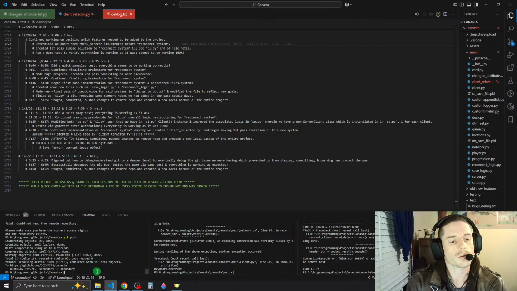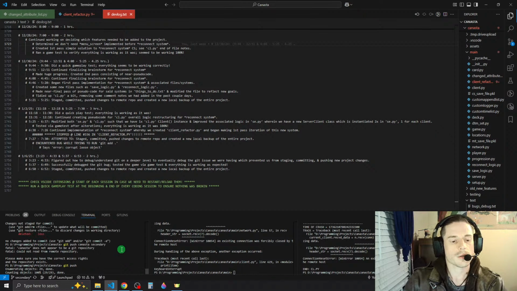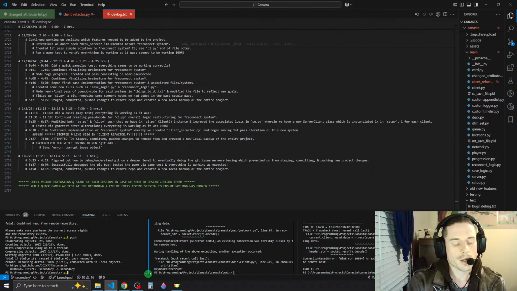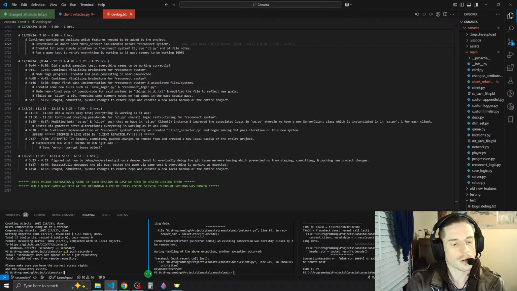It said that git push Canasta does not appear to be a Git repository. Git push secondary. Secondary does not appear to be Git.